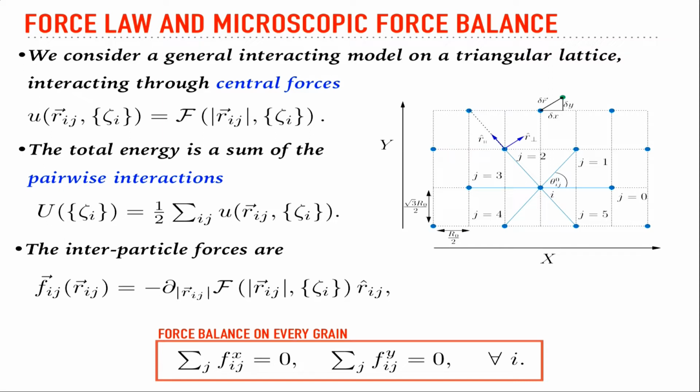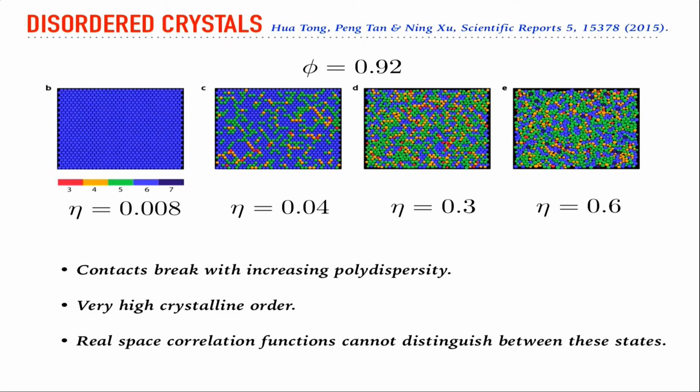But as you will see, even solving this is quite complicated, which basically amounts to solving 2N nonlinear equations in order to determine the positions of each particle. And this is usually done on the computer using sophisticated numerical techniques like conjugate gradient minimization or Fourier minimization. But I'm going to introduce a few techniques that you can use to actually solve these nonlinear equations hierarchically for this simple model of particles in a crystalline arrangement. So this particular model that I introduced, with just particle size dispersity, has been studied quite a bit, but